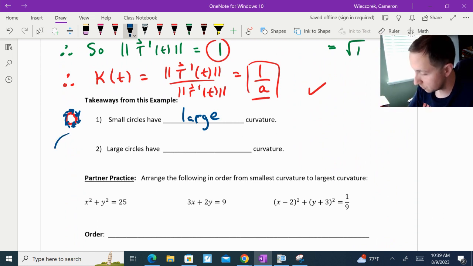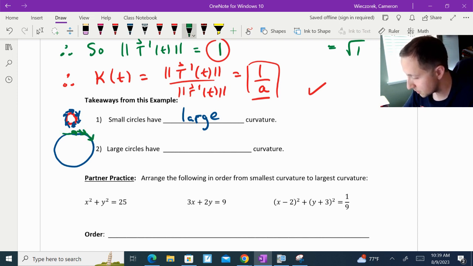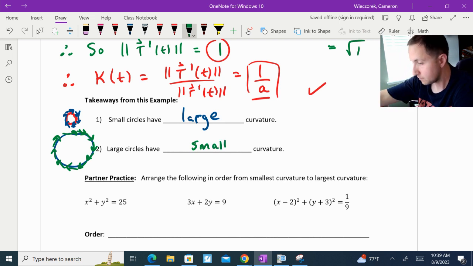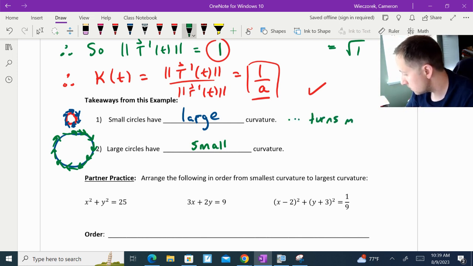Whereas if I draw a bigger circle, it has a larger circumference, so it has more ground to cover. Those arrows, yes, they're going to change direction, but not so rapidly. They're clearly still completing the full 360 degrees, but they're doing it in a lot more time. So for large circles, because of the big radius, if I take the reciprocal of a large number, I'm going to get a small number. That means we're going to have a smaller curvature. So think of it as the smaller one turns more quickly, whereas the large circle turns more